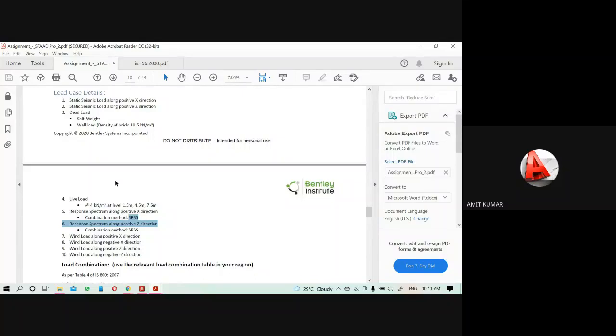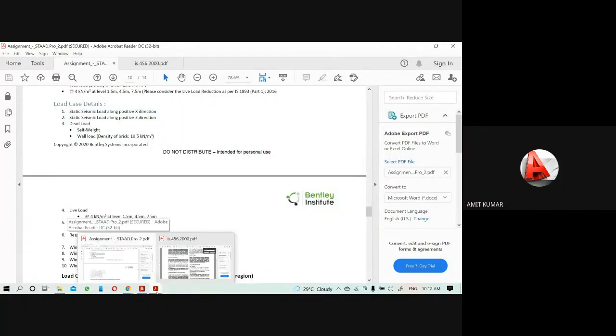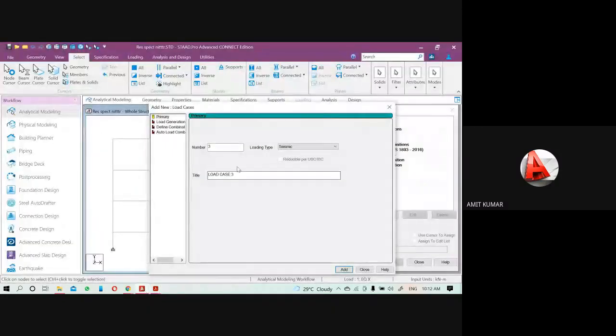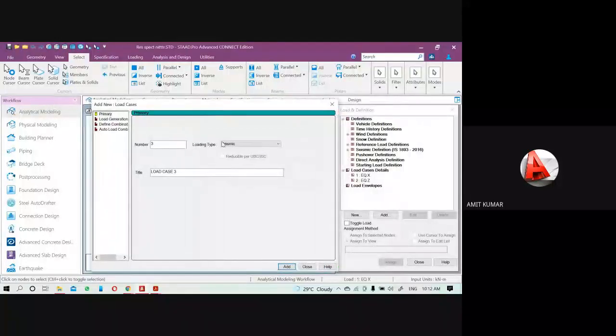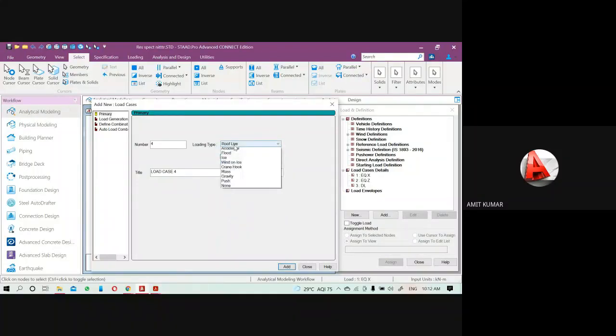So I will add the load case details according to your assignment. Next is your dead load. Then the next one is your live load.